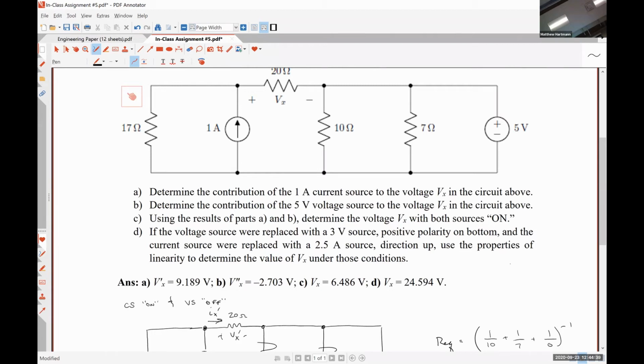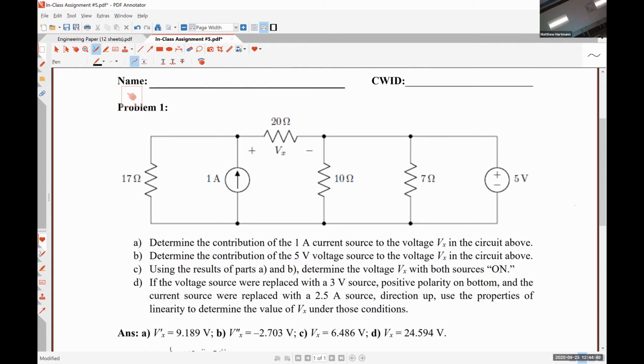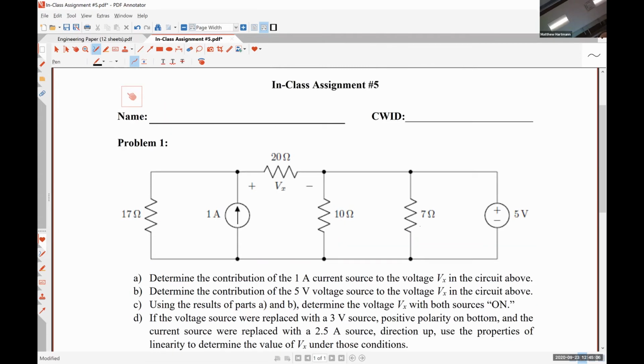And that's the beauty of this circuit being a linear circuit, meaning that it obeys both the homogeneity and the additivity principle. So it says if the source were replaced with a 3-volt source, positive polarity on bottom, what is the scaling factor that's being applied to the voltage source? And the reason I'm asking that, and I'm kind of running out of room here, so I'll try to do it up here. So we know that when our input,